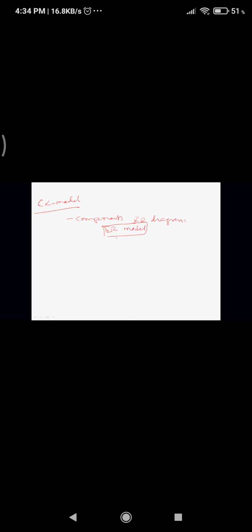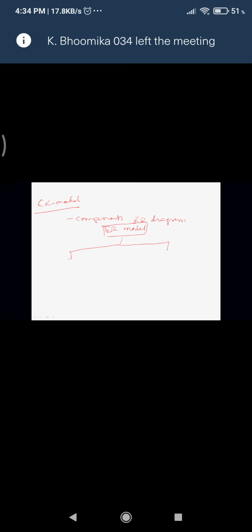ER is designed with three parts. I already told you this one, but because we are going over the subject in depth, I need something called entity. Then I have something called attribute. Then I have something called relation. In entity we have two parts: one is single entity and the other is weak entity.